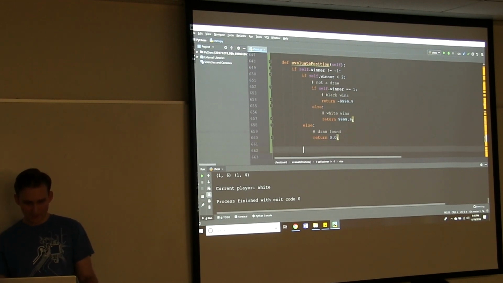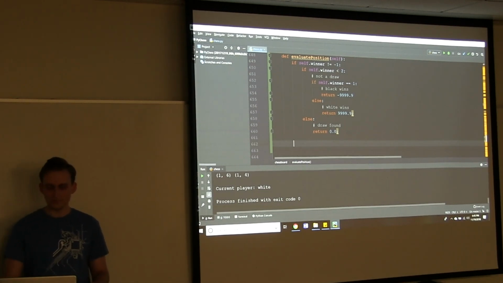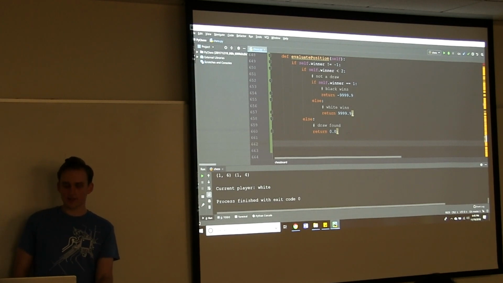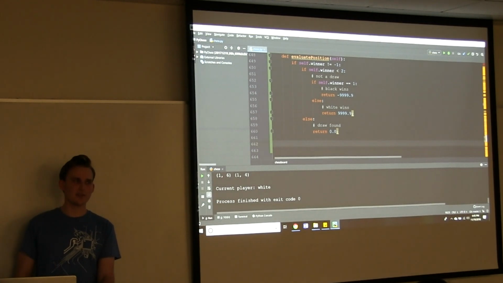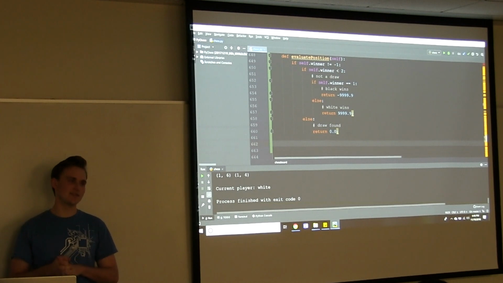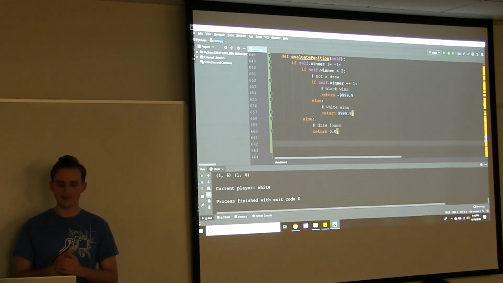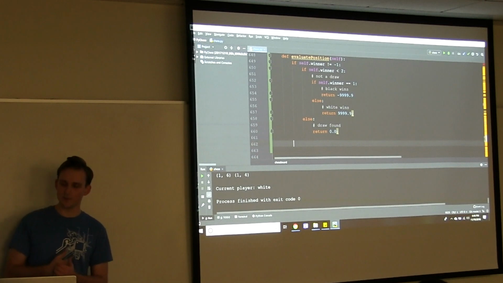This does take up a lot of space as I'm leaving comments and doing complex if statements. But now that we've actually detected whether someone has won or lost, the root of an evaluation is just to look at all the pieces on the board and assign them values. So a white pawn is worth, let's say, 10 points, and a black pawn will be worth negative 10 points. This way you can add up all the pieces on the board and decide who's better. This is really the most simple way to look at it, but it's a good place to start.